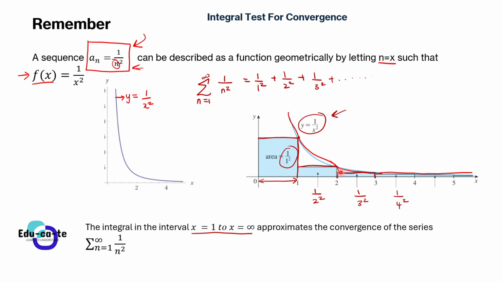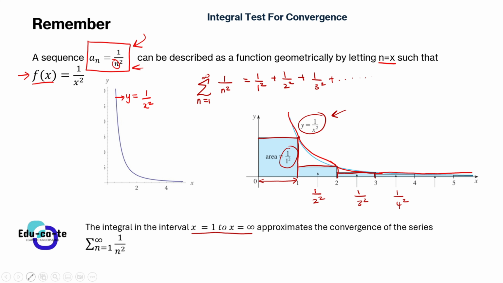So in this case, you can see that the graph is approaching the x-axis. It is approaching y equals 0 at the x-axis, infinitely so, until infinity. And at the same time, you are actually trying to find the sum of this series. So if this graph is approaching a certain value, then we can say that the integral is converging, because basically this area will approach the same value if you add it up in an integral.